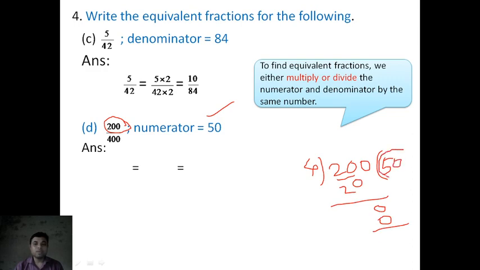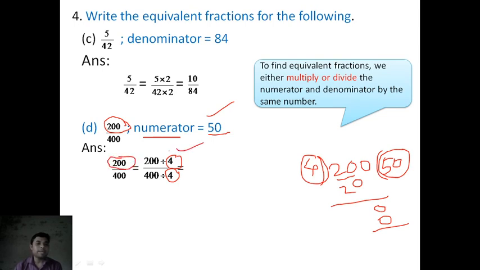Look, I have got 50. So how did I get 50? Dividing by 4. So first write it. Then divide the numerator by 4. Then obviously the denominator also by 4, by the same number. First find the number as required. For numerator 50 you have to find by which number you divide 200 to get 50. By 4 if you divide 200 you will get 50.